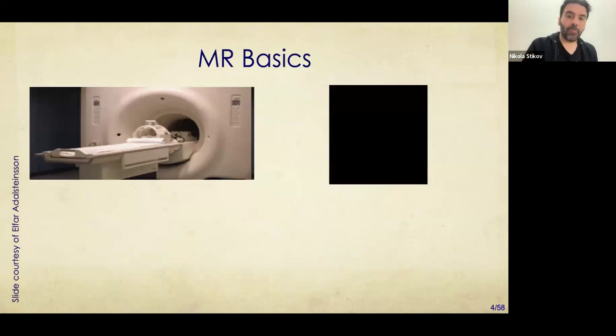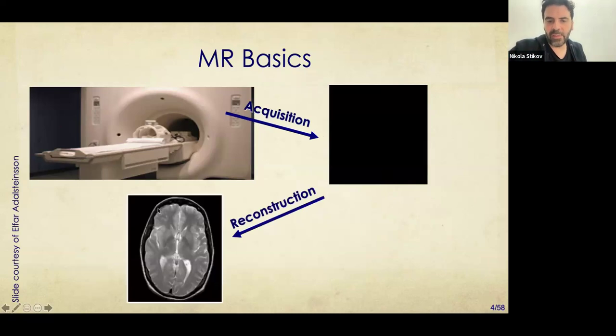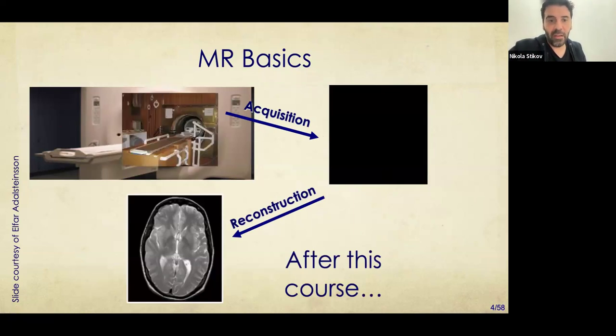So let me just tell you a little bit about the basics of MRI. Before taking this course, you've probably seen an MRI machine that kind of looks like this. You know, plastic, very difficult to differentiate between an MRI machine and a CT machine. They look very similar. And then there is this black box, and then you acquire some data. The data goes through a black box, and out comes a human brain. But in reality, these are a little bit more complex. And in particular, after this course, you will know that an MRI scanner is actually very bare bones